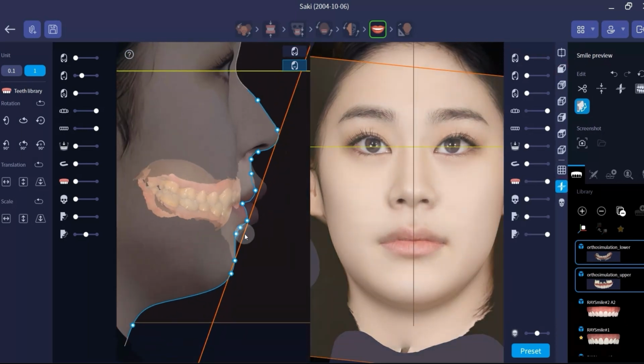This brings us to the end of our guide on the new face